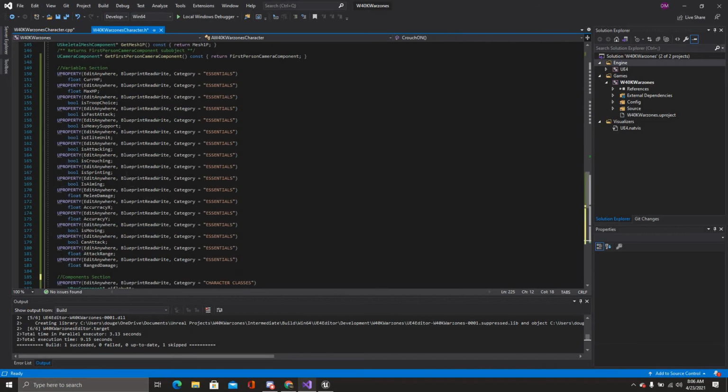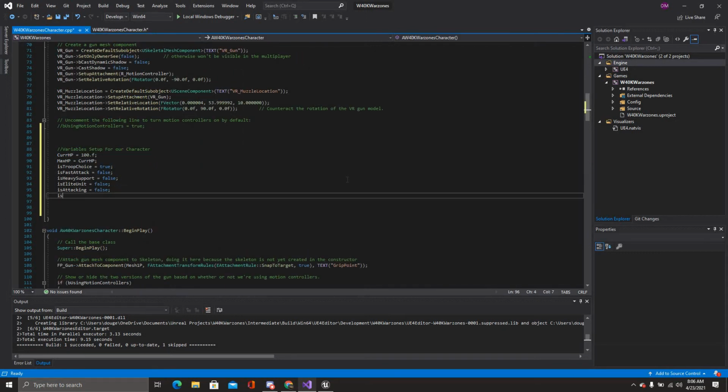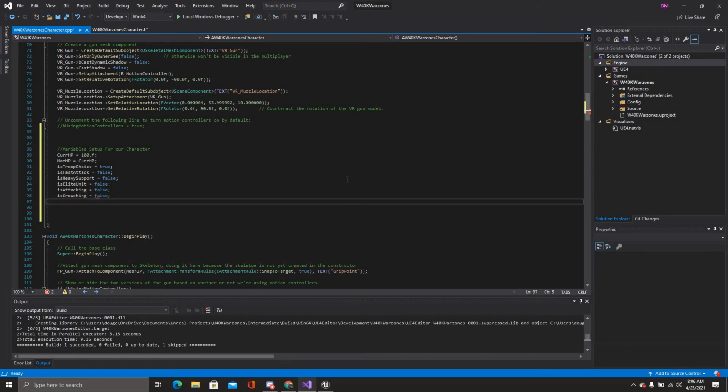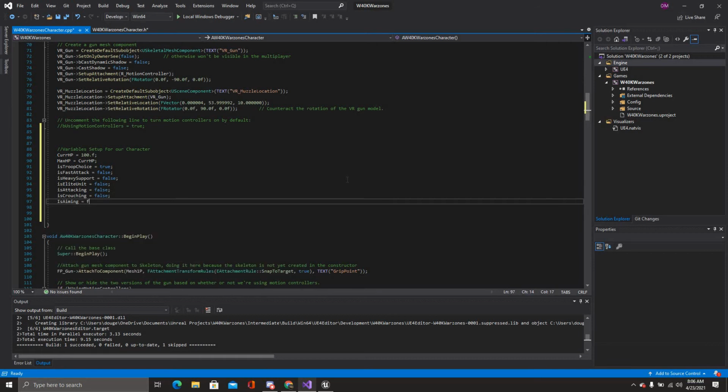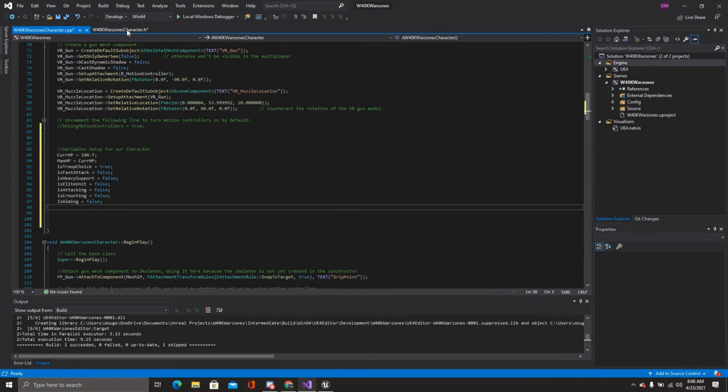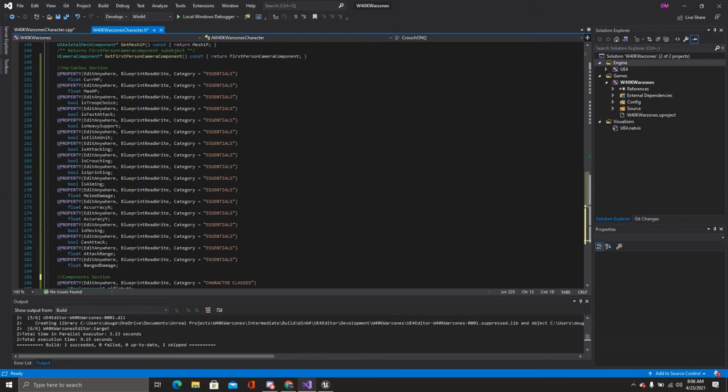Now what we need is crouching, sprinting, aiming. Okay, so that's on next three. Is crouching, that's false, because we're not crouching right off the bat. Is aiming, that's false as well, because we're not iron sight aiming in the slightest. Melee damage, accuracy X and Y. Okay, so